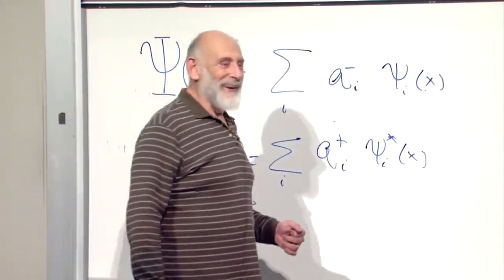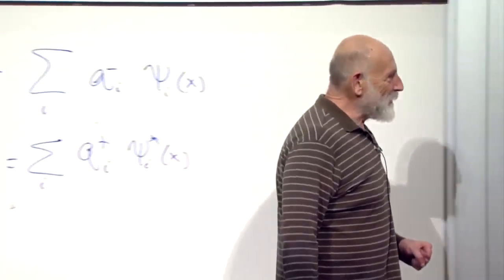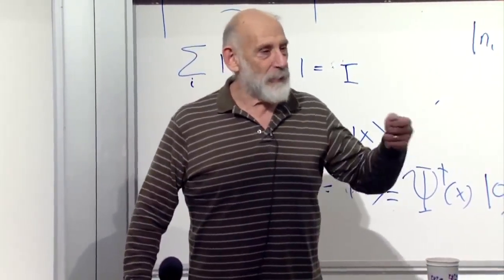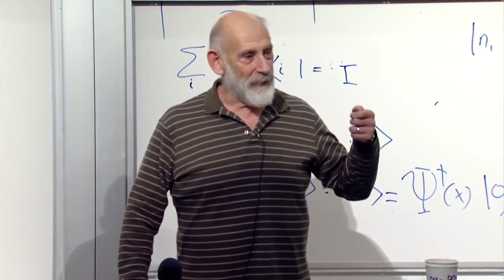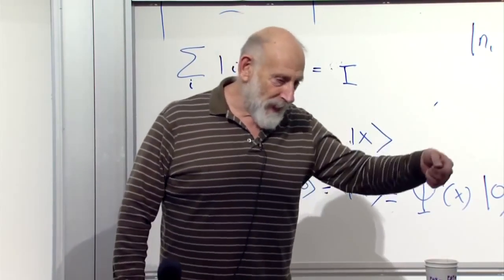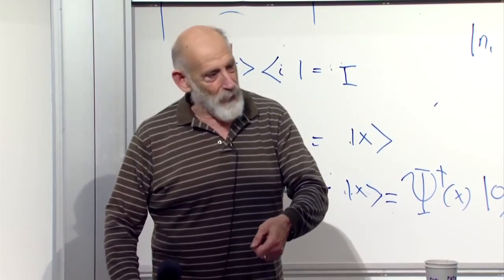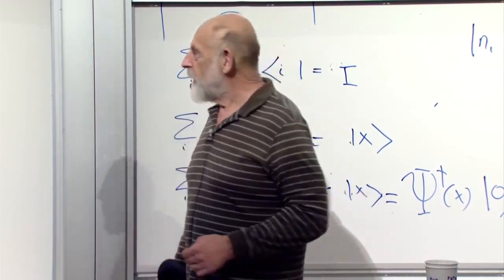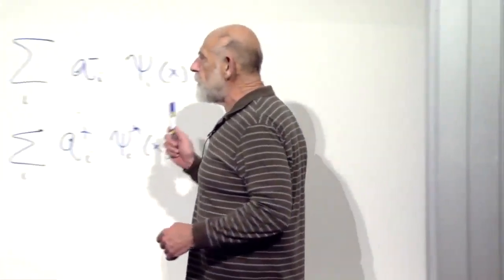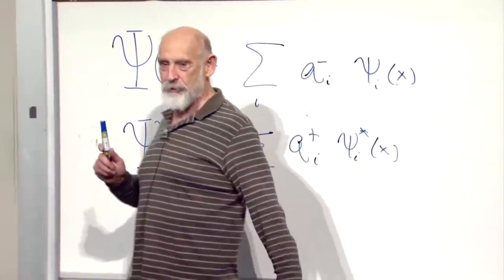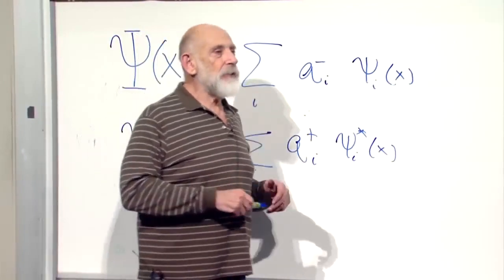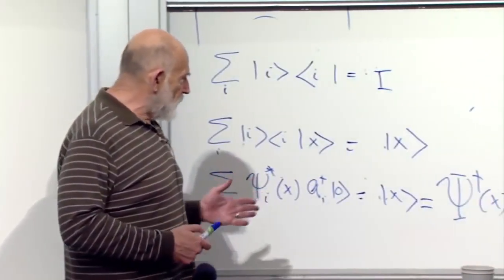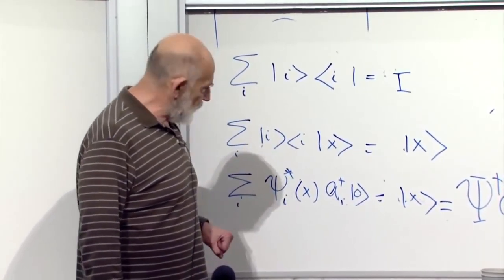It's a function of x because it has to know where to put the particle. It's an operator that puts a particle at x. It's not the operator that puts the particle at y. So it must be itself a function of x. That's what, in the simple situation that we're working on now, is the meaning of the quantum field. It creates a particle at position x.